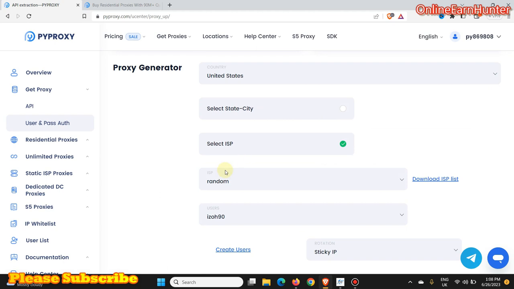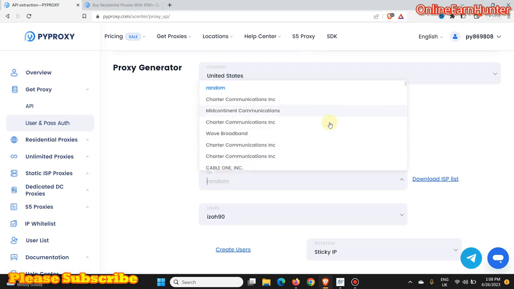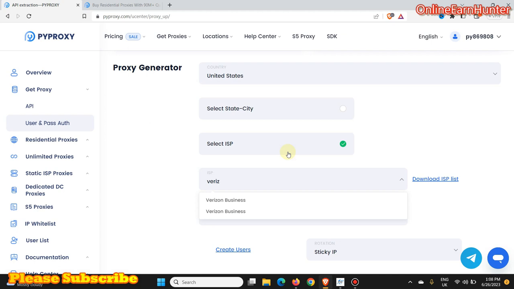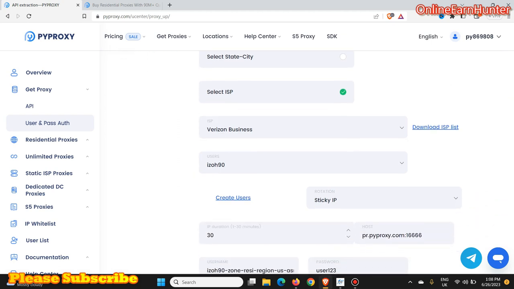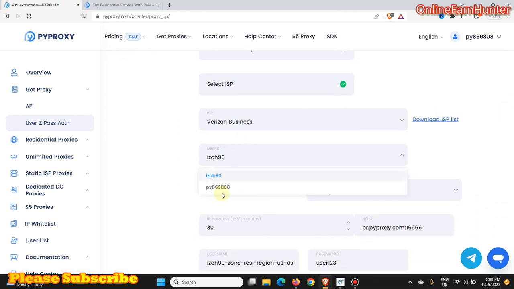the ISP one. For example, as you want to select, I like using Verizon. You can say Verizon Business. You see, Verizon Business. Then remember users. You can select the users you want to use the IP on. So let's say this one. If you want to create users, I showed you how to do it, and avoid special characters when creating a